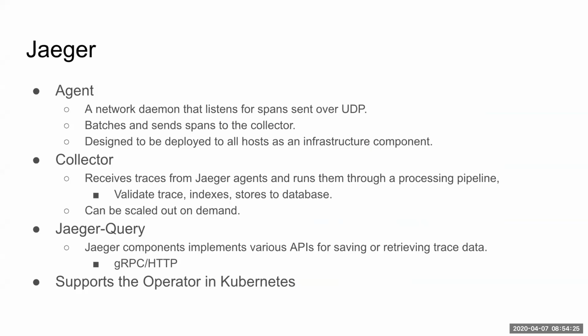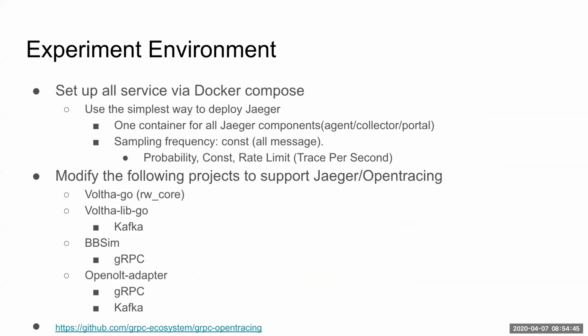And in Jaeger query, they provide a basic simple portal for you, and I will show how the portal looks and how we can use it to see the graph I mentioned above. In Kubernetes, Jaeger provides some operators, so it's very easy to install Jaeger on Kubernetes. In my demo environment, I don't use Kubernetes, I just use Compose. I would like to make everything simple.